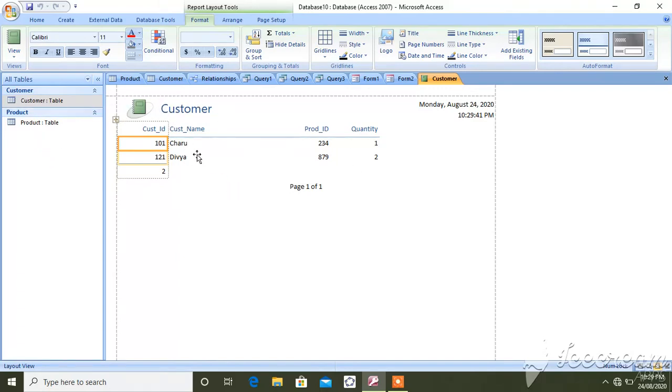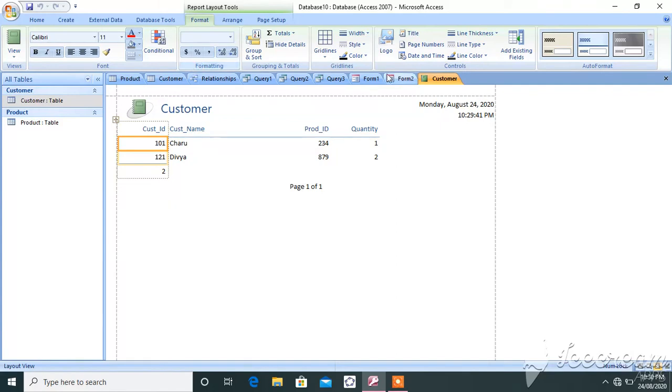See, the customer name, customer ID, product ID and quantity, and today's date and time. This is page 1. If so many customers are there, it displays in different pages. So this is called a report or bill, which at last the customer gets in his or her hand.